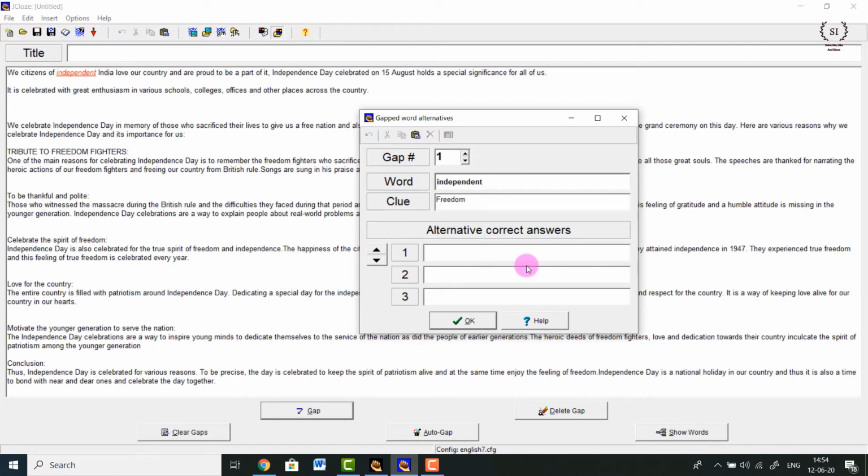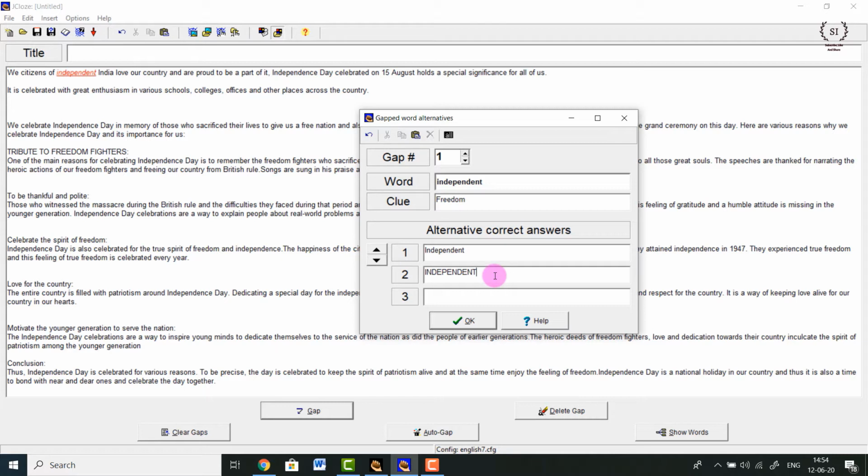Alternate answers are basically to make sure that if the student by mistake types the word independent in uppercase or in camel casing format, you can put in some alternate answers also, so that the students won't lose marks on those attempts, right? So you can add this.